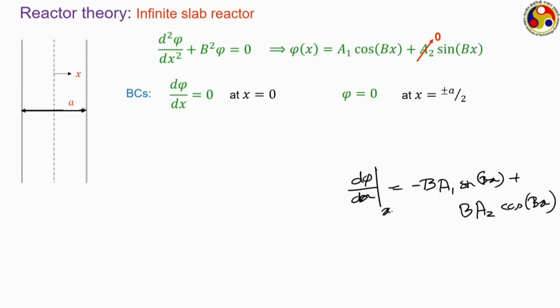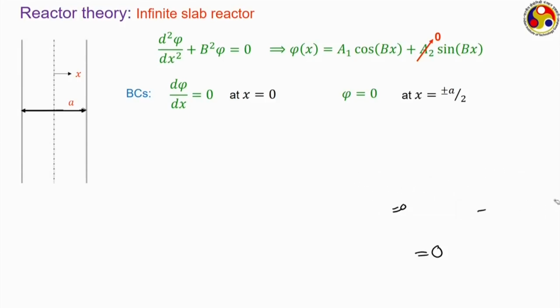Now, if you put the limit x equal to 0, of course, sin 0 goes to 0, but as per our definition d phi dx is equal to 0 at x equal to 0, and cos 0 is not 0, so it is possible only if either b or a2 is equal to 0. b being the buckling parameter is also a non-zero number, and hence a2 has to be 0